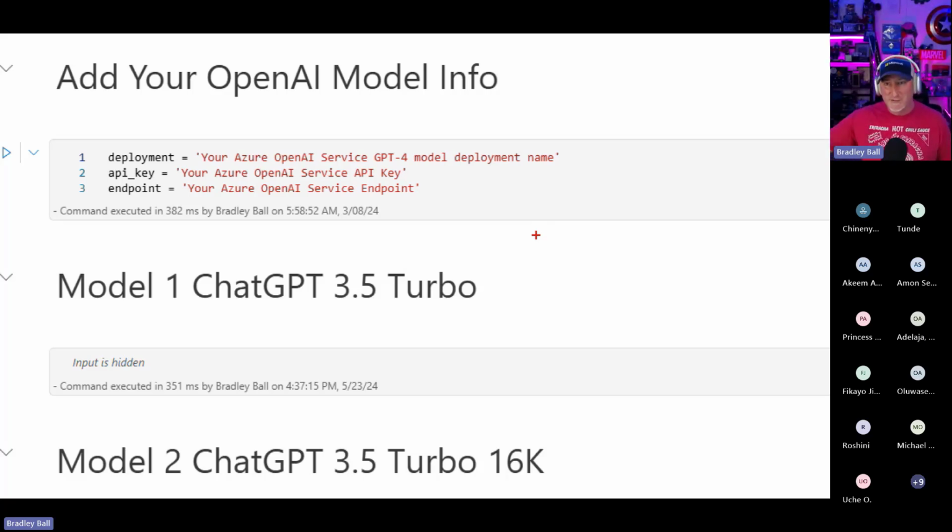This is the stuff we keep secret from people that we don't put out on the web, because we don't want people invoking our models without our permission, right? So you would get this from your own Azure subscription, but what I did was I went out and created models that I destroyed right after. So I've got all the info in there and I show in an unencrypted way how you grab that and how you take care of that.